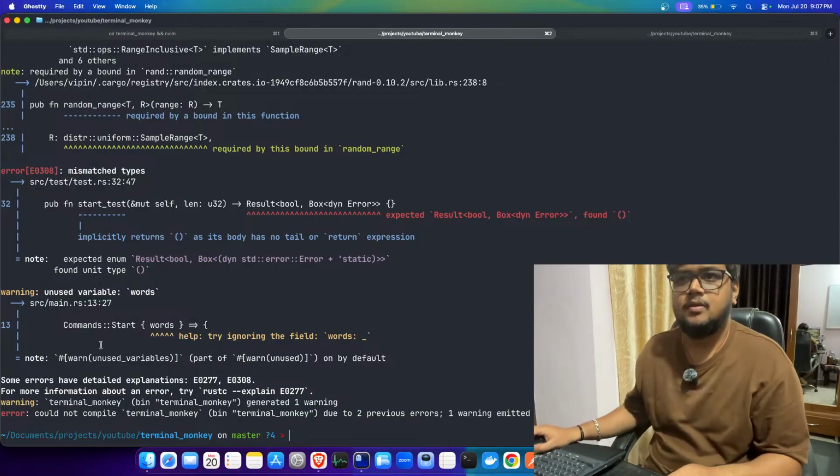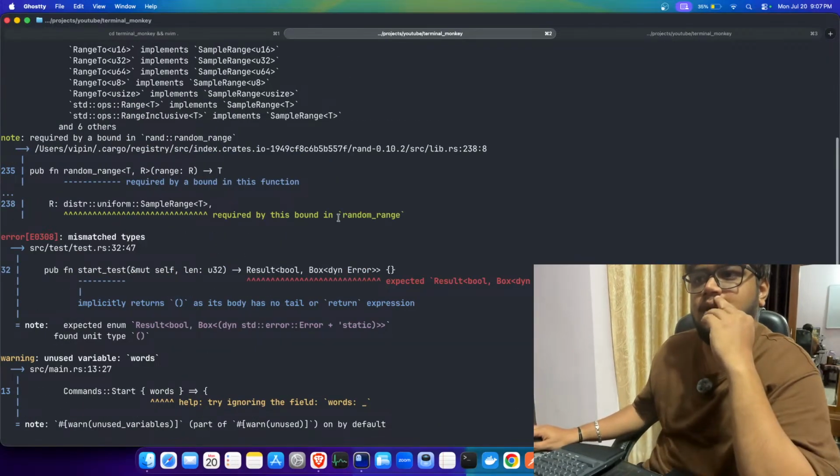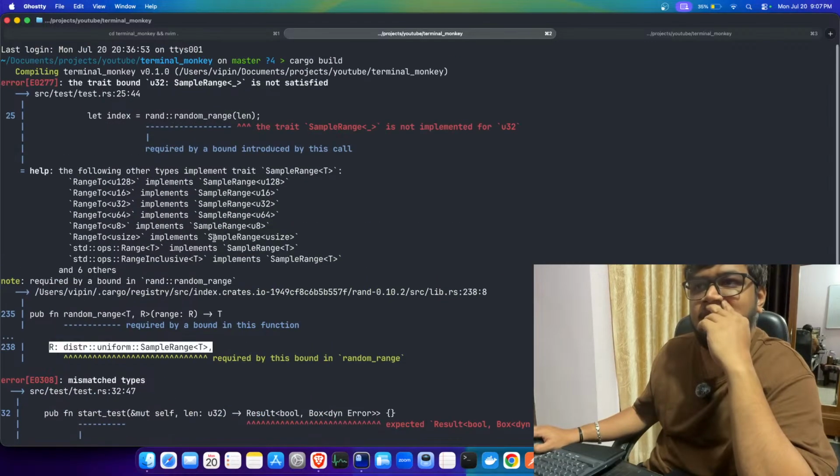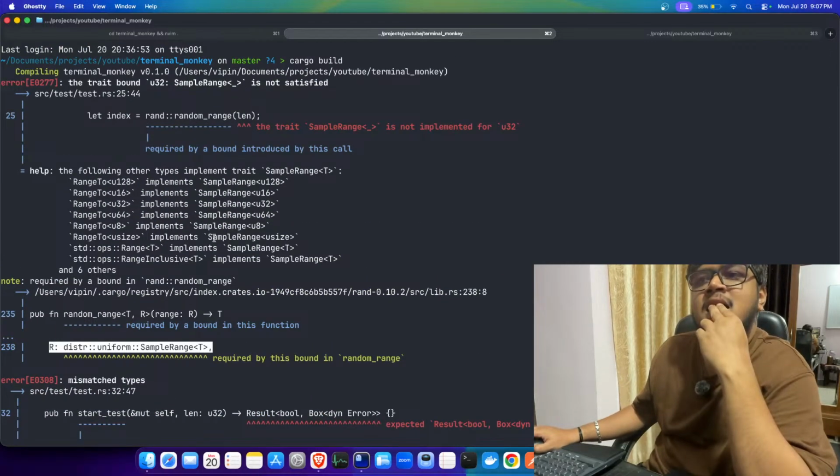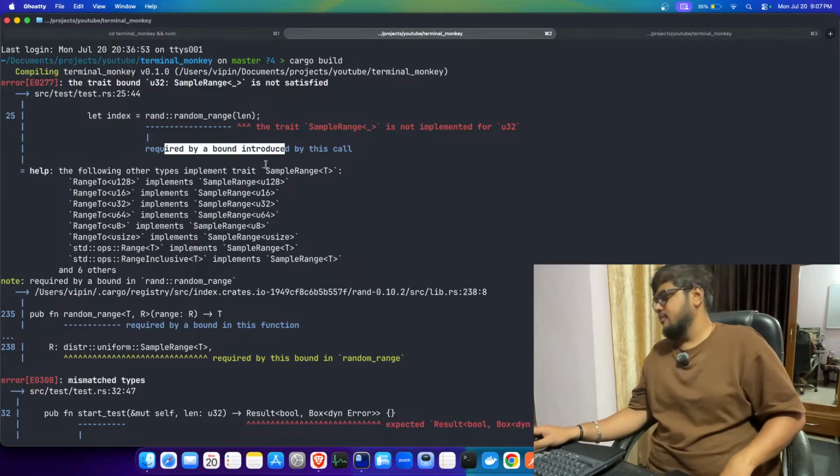Expected. Okay. Required by this bound in random range. Required by a bound introduces not a